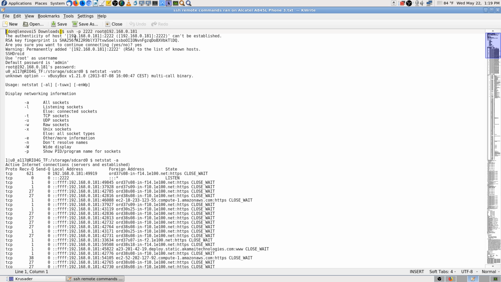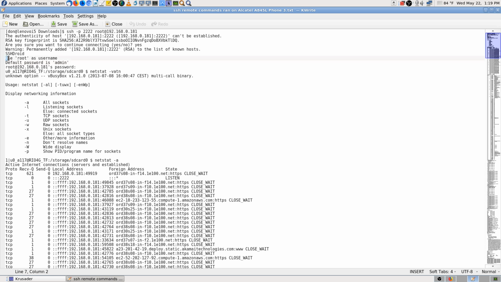Okay, so, for instance, the top one: ssh -p 2222 root at the phone that I was connecting to. The authenticity of the host can't be established. The RSA key fingerprint. Are you sure you want to continue connecting? Yes. Okay, so it did work the first time. There were other times that I didn't save that. I got in a real mess trying to figure it all out because I tried to do it from memory at first, but